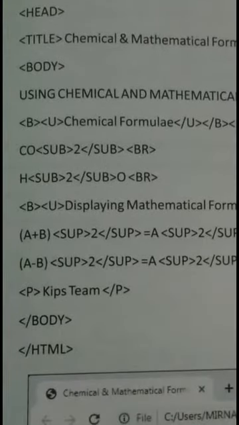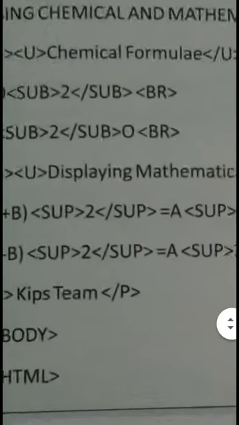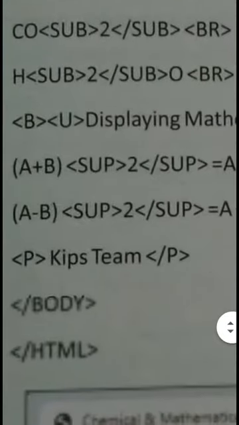You can see here CO sub 2 sub closing BR. The matter written in between sub opening and sub closing is 2. Whatever matter you write in between sub opening and sub closing will be displayed below the baseline.